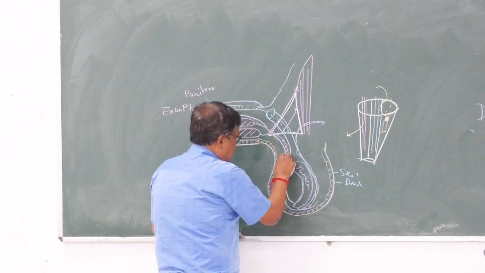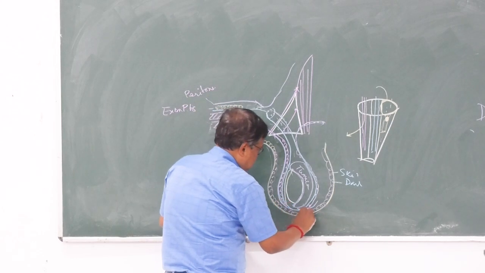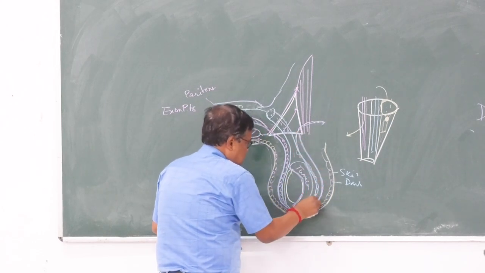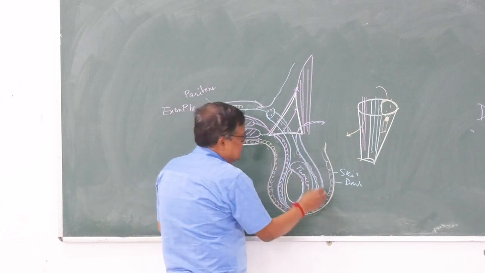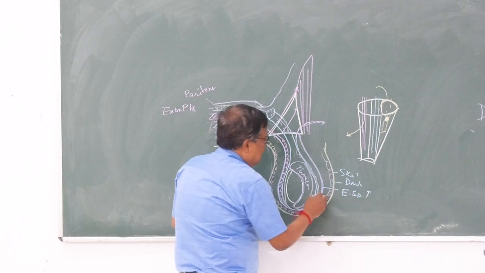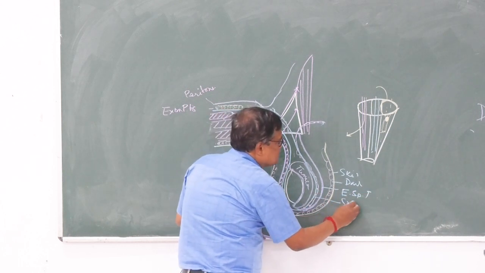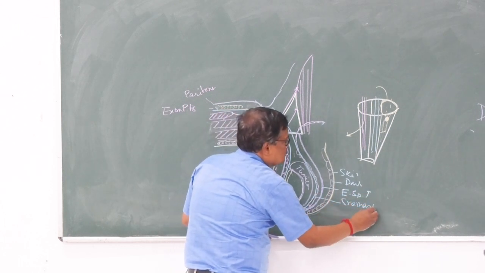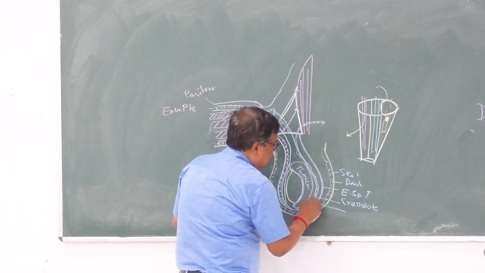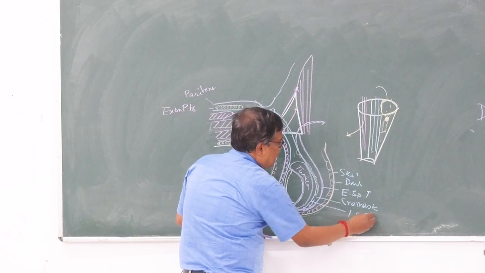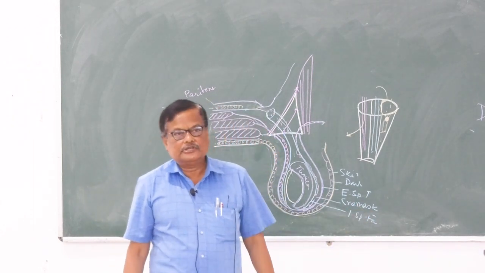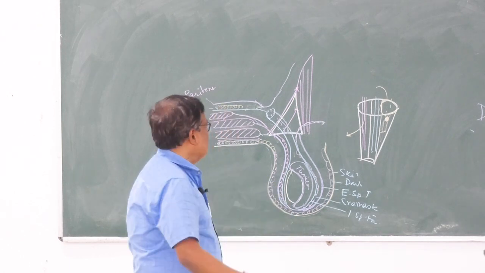এটা এই কালার দিয়ে দিই, this is the external spermatic fascia, then cremaster muscle, then the internal spermatic fascia. So these are the coverings of the testes. ভালো করে দেখলে এখানে